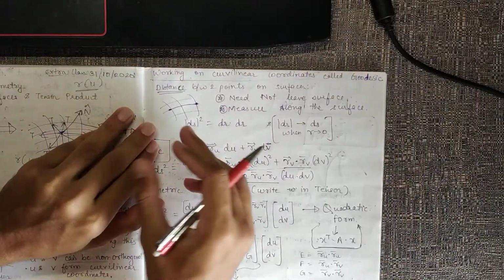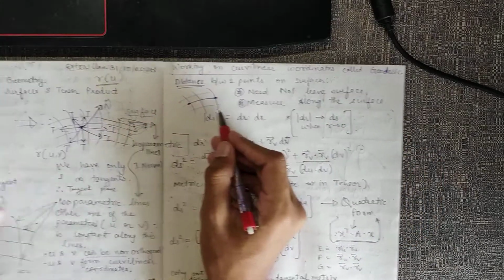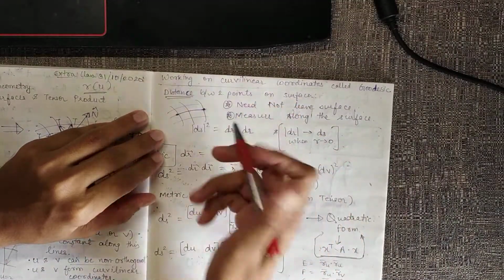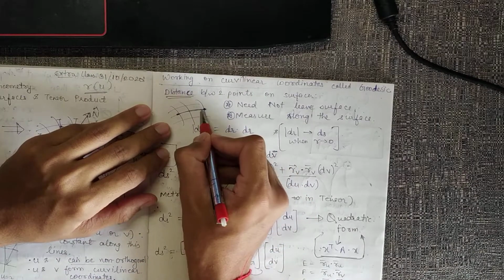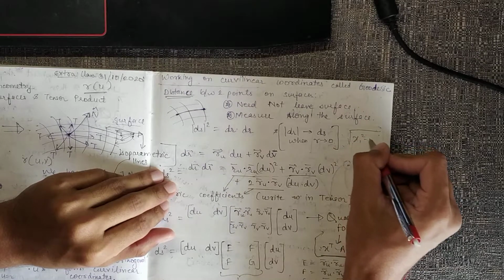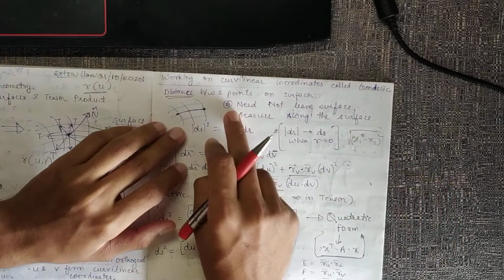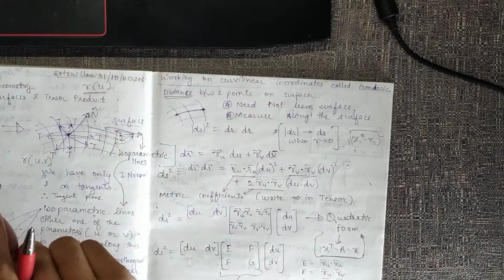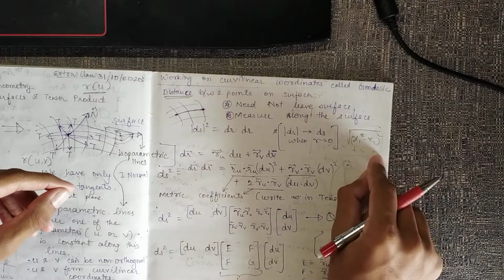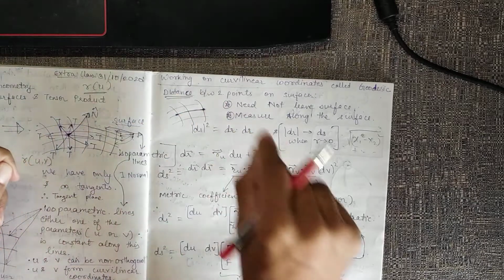So we have simple Cartesian coordinates, rectangular coordinates, and this is curvilinear coordinates. The first thing we want to study is the distance between two points on surfaces. Very importantly, we are not directly calculating distance like the square root of (x1 minus x2) square plus (y1 minus y2) square. That would be the least distance between the two points, directly, but we want the distance traveling along the surface.